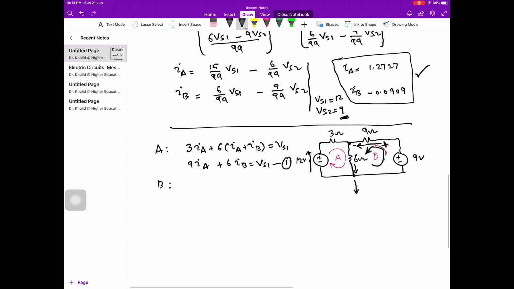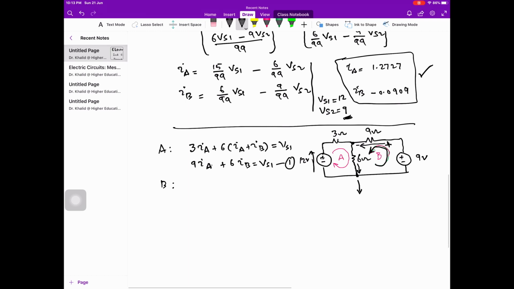So what is the downward current? The net downward current flowing through 6 ohm. Again, IB is flowing downwards as 6 ohm is shared by mesh A and mesh B, so it has another current IA flowing in the same direction. Therefore, we write the equation as the voltage drop across 9 ohm due to current IB, and the voltage drop across resistance 6 ohm due to IA and IB. I am not writing IB minus IA here because of the assumed direction of currents. So both currents are flowing downward, and if I move around the mesh,